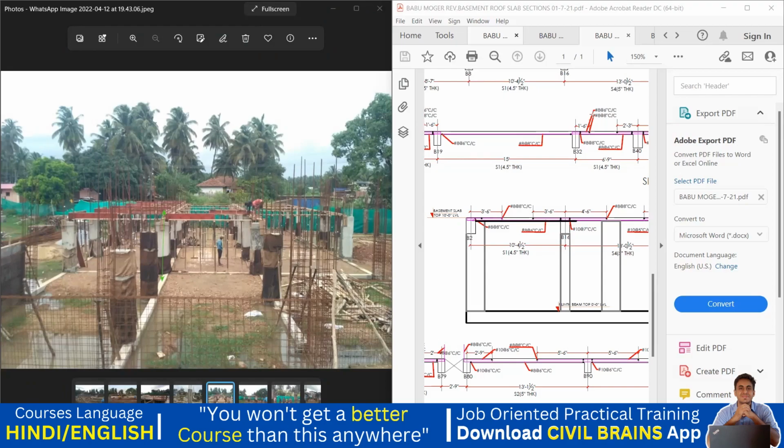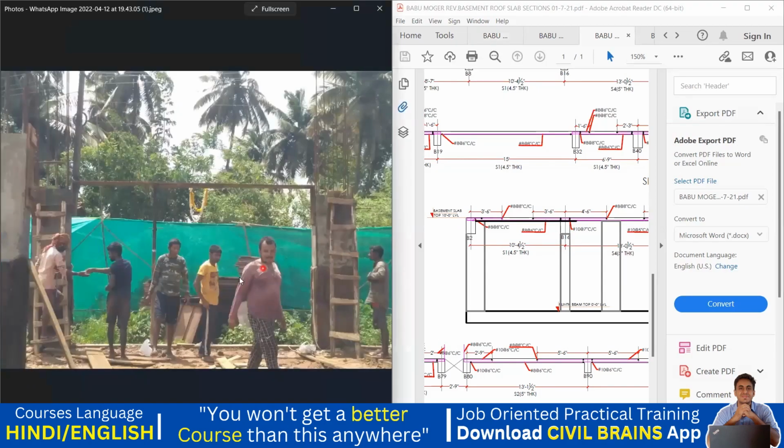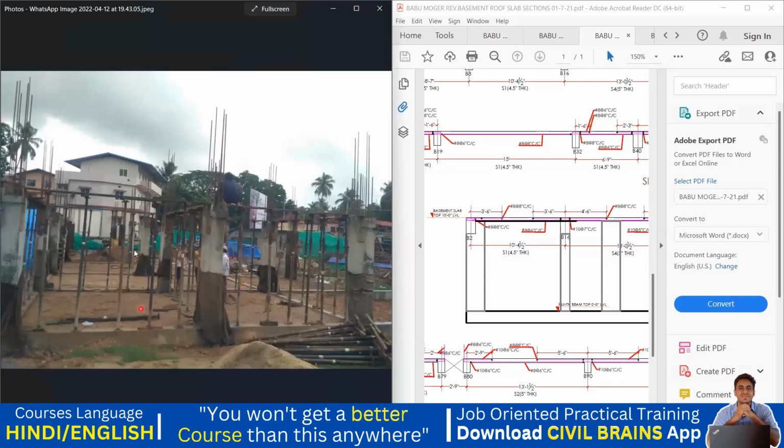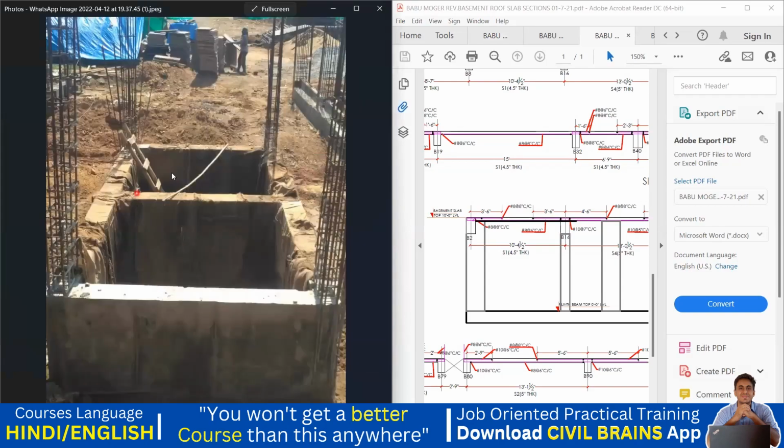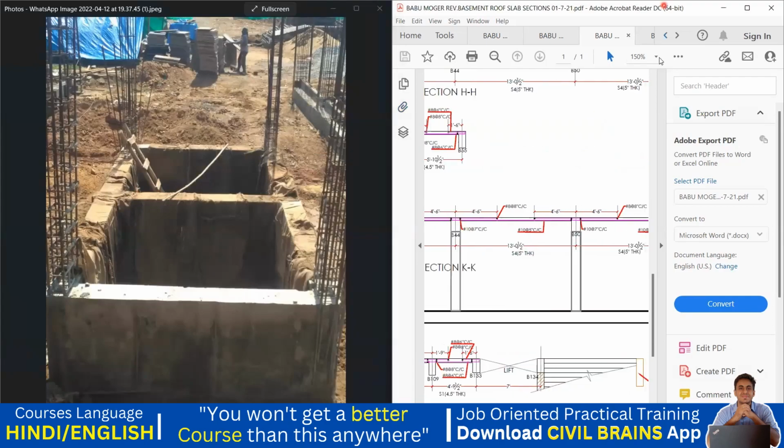10 feet. Okay, that is how we are supposed to understand these drawings. Now again you can see here, the plinth beam, all this work has been carried out. This is a lift pit, whatever lift we had seen here. Yeah, in this drawing, if I go back,